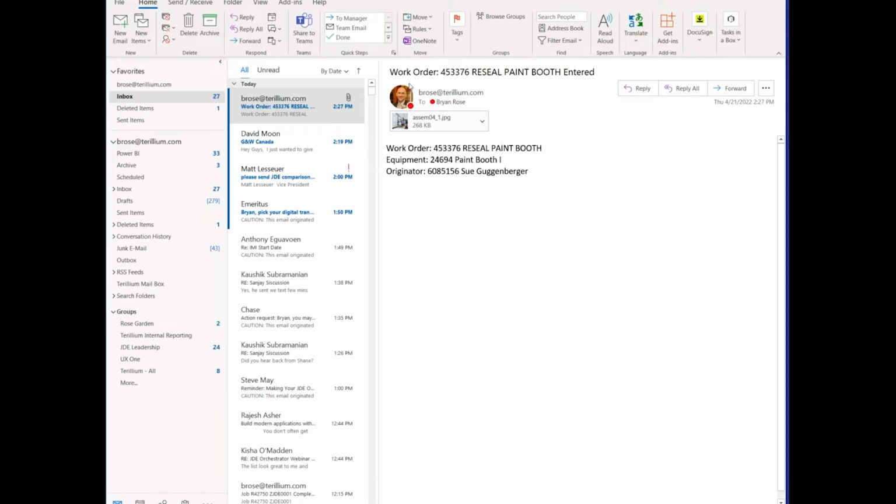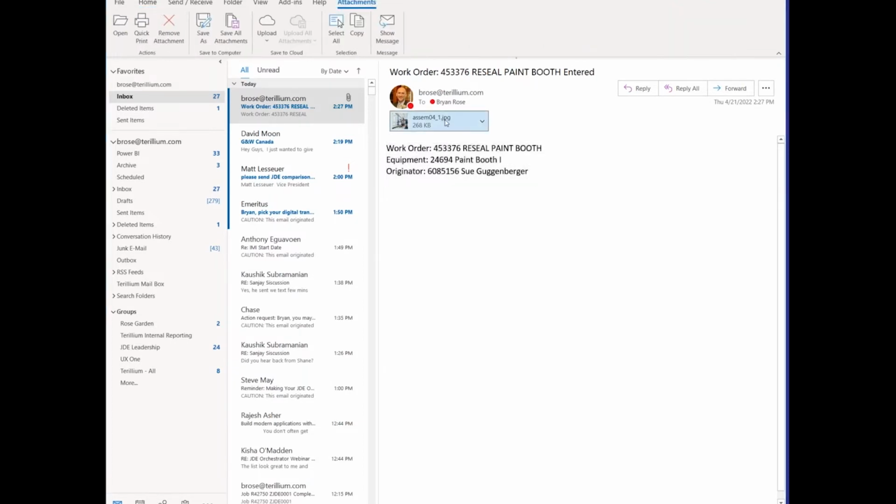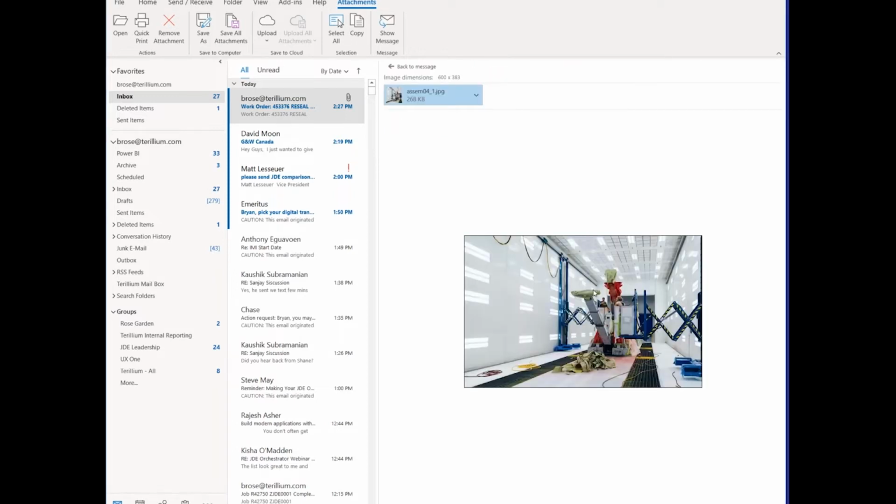You'll see it sent me this email with work order information, all of those key values, and also this attachment. So this attachment is what was attached to the actual work order. When I created that work order, I added this attachment to show maybe the work that I was doing, or the failure that had possibly happened. So it gives me a quick way to determine, hey, this is the problem, this is what they're working on, I see this is something we fixed in the past, so let's go ahead and fix it the same way,